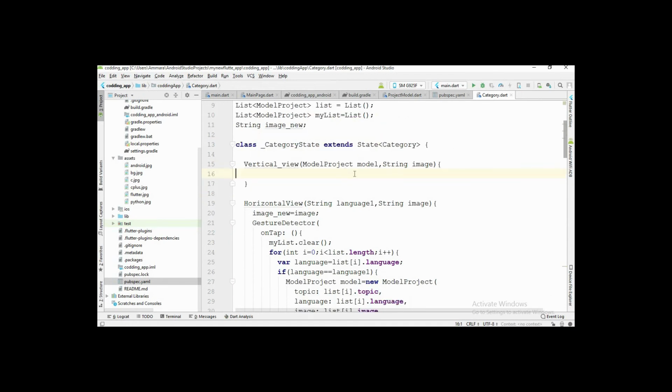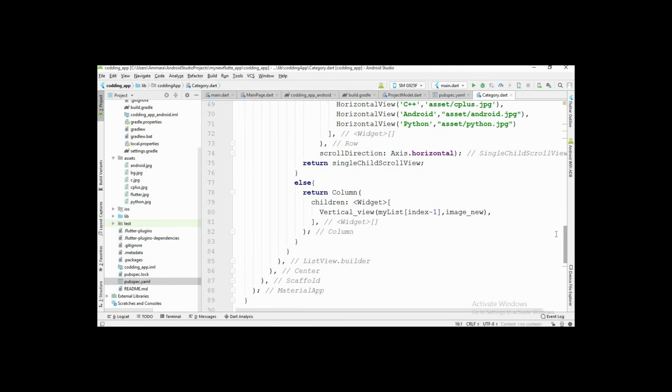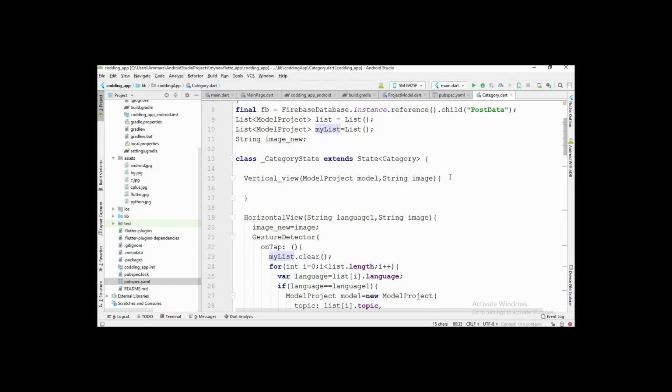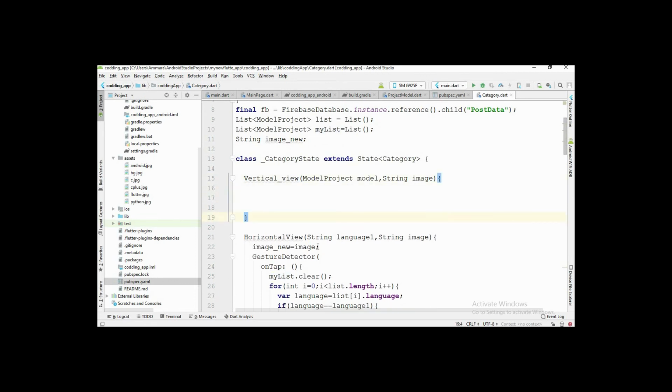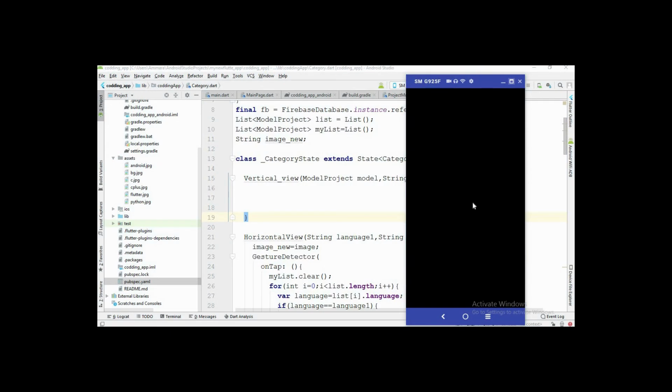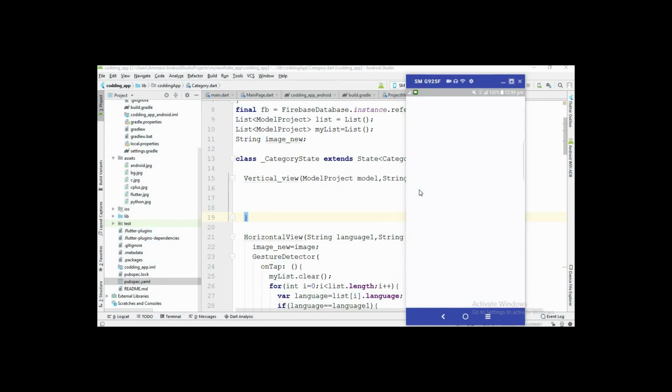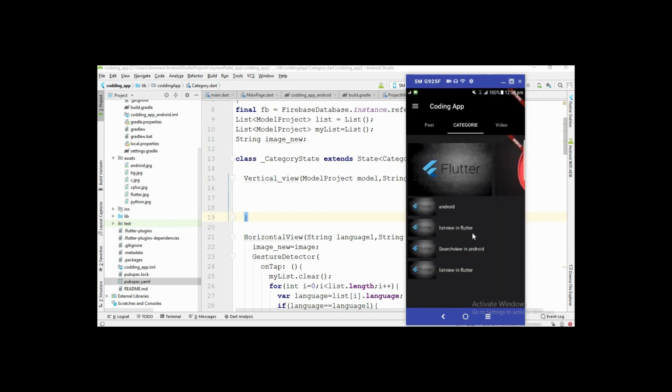Inside this function I create two parameters, one for the model and one for the image. You can see that I pass here an image and a data. Now inside this function I am going to create a row, because you can see that here first I create an image and after that I set the text.